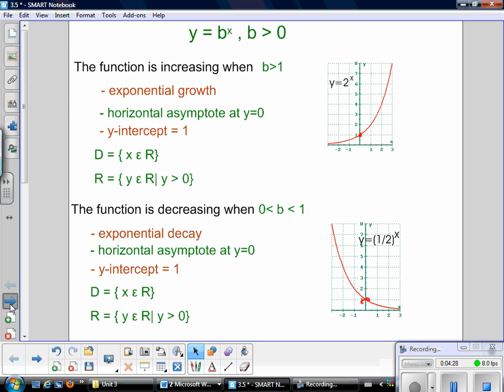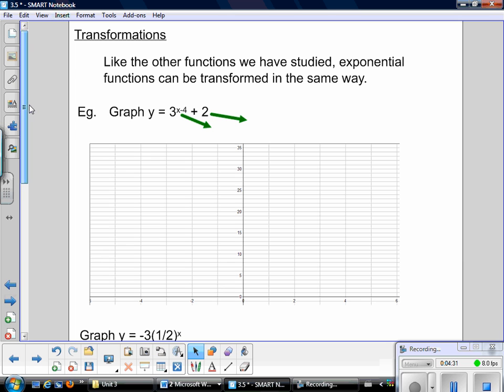So let's look at some examples of transforming them. Like other functions we've studied, exponential functions can be transformed in the same way. If I look at this one, first of all, remember we talked about parent functions? In this case, my parent function would be what my base is. So my parent function here would be y equals 3 to the x. Again, I know that I go through 1,